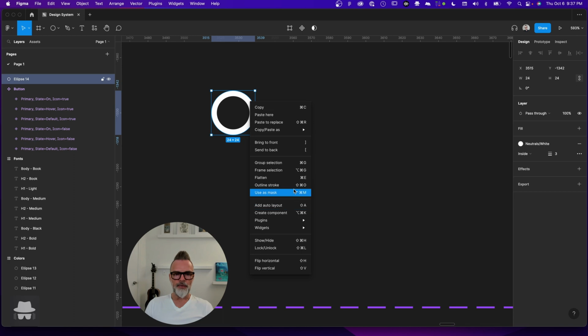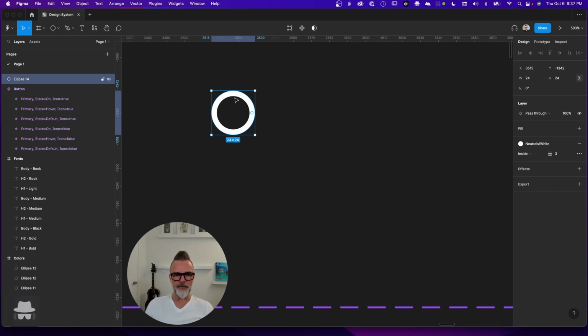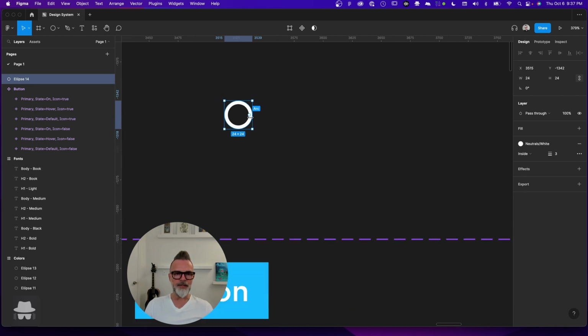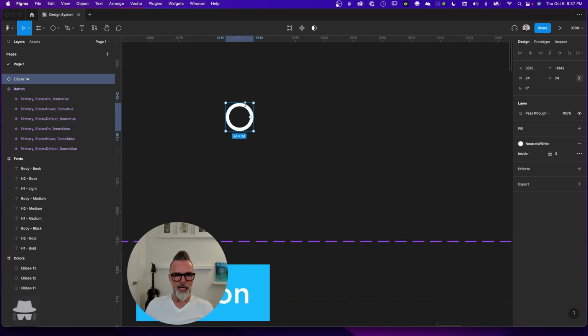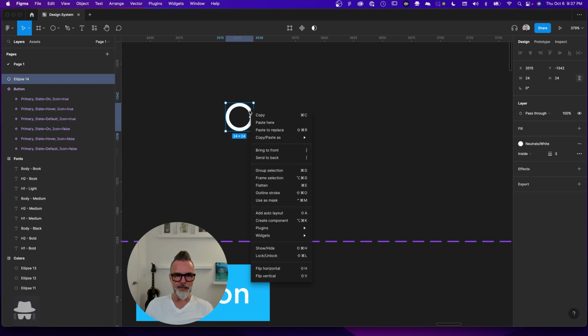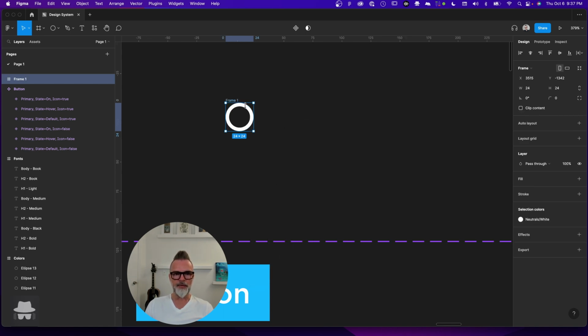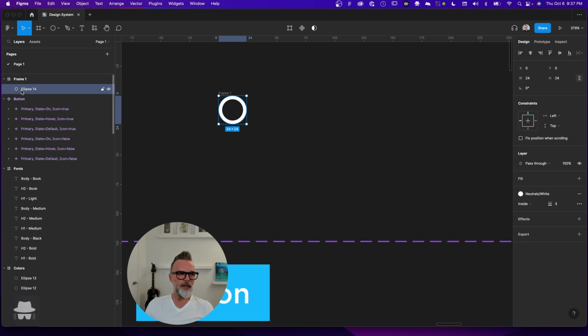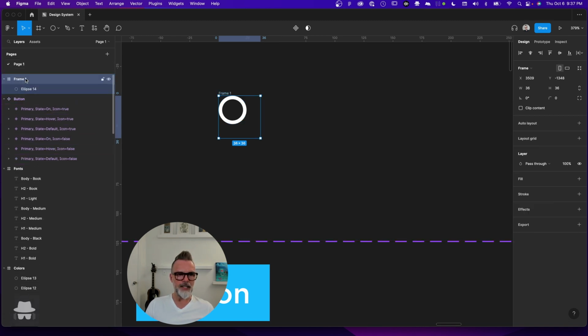But what I like to do typically is frame my selection, so that it gives me the ability to do some alignment things inside of that frame if I want to. In this particular instance, it's just a dummy icon for the sake of this tutorial, so we don't necessarily need to worry about that, but we could go in there and say frame selection, and if for whatever reason this frame were bigger than the icon itself, like let's say the frame was 32 by 32 or something like that,